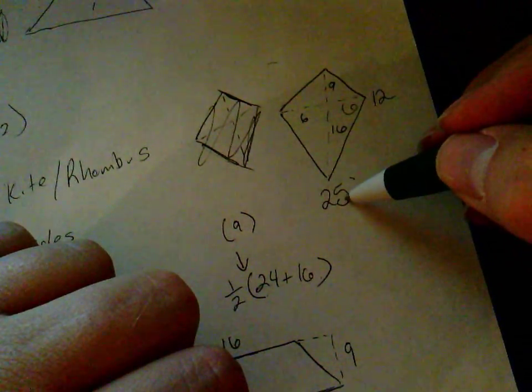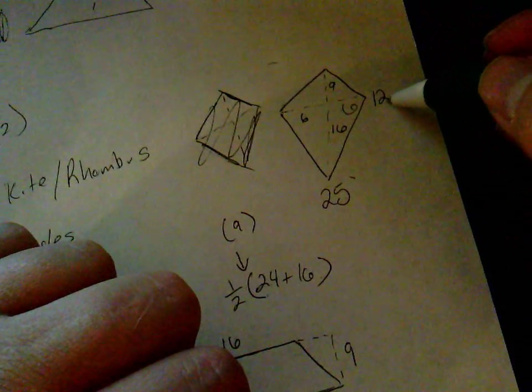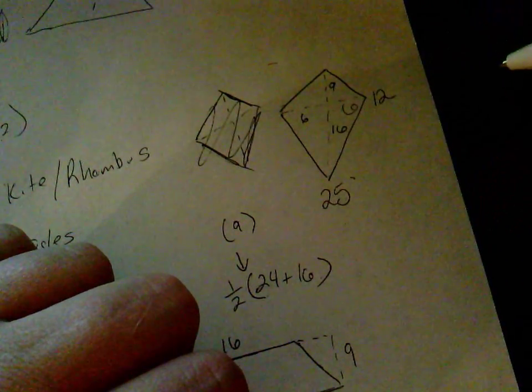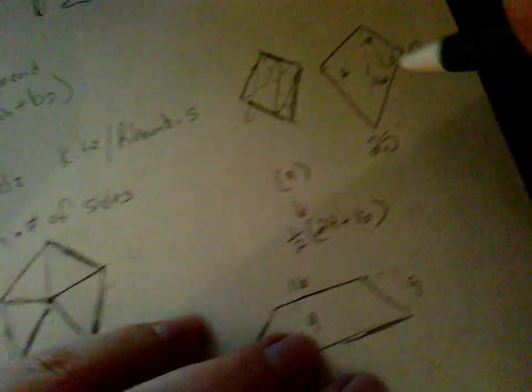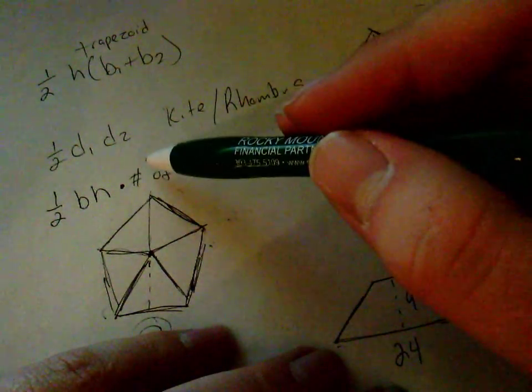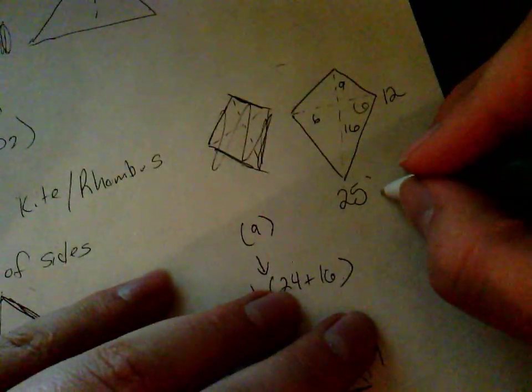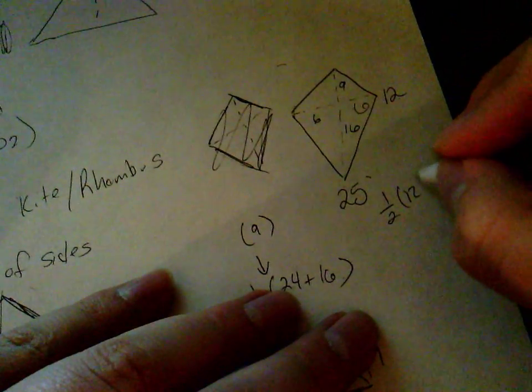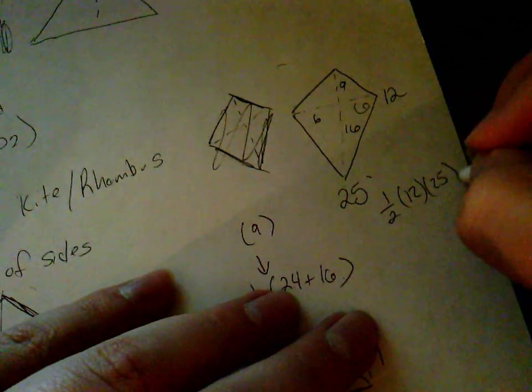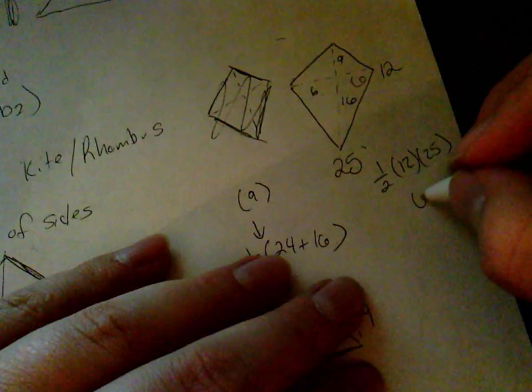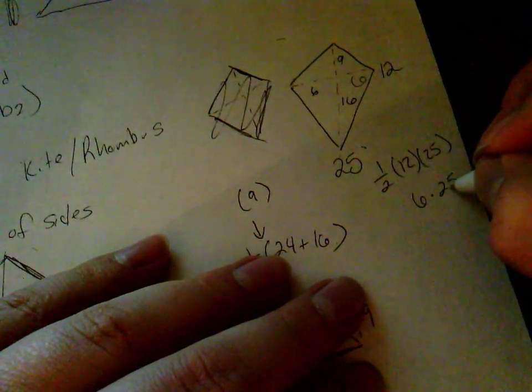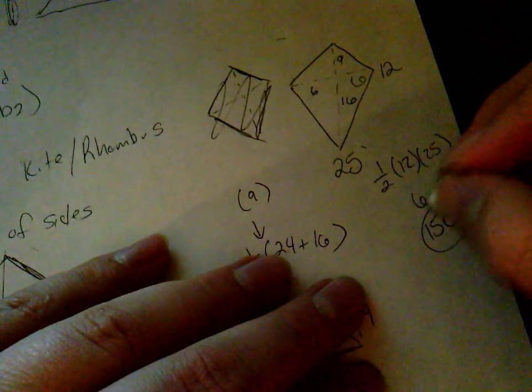So my first diagonal is 25, which was 9 plus 16. My second diagonal was 12, which is 6 and 6. And all I got to do is take the first diagonal times the second diagonal times 1/2. So I just do 1/2, 12 times 25. So that gives me 6 times 25, which is 150. Okay? Now,